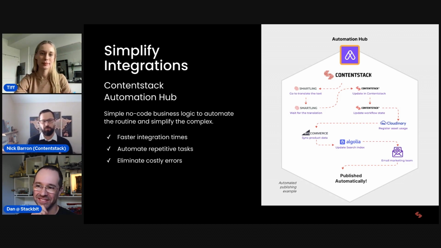So if we can set up a process where all somebody has to do is go and create the content, then all of these things happen asynchronously in the background. Or maybe something happens in a different platform and we can trigger one of these workflows, right? So I like the fact that in this little example, you can actually start in the middle where it says BigCommerce sync product data. If somebody goes and adds a new product in that e-commerce engine or any other e-commerce engine, it can tell something like the Automation Hub, start this process.